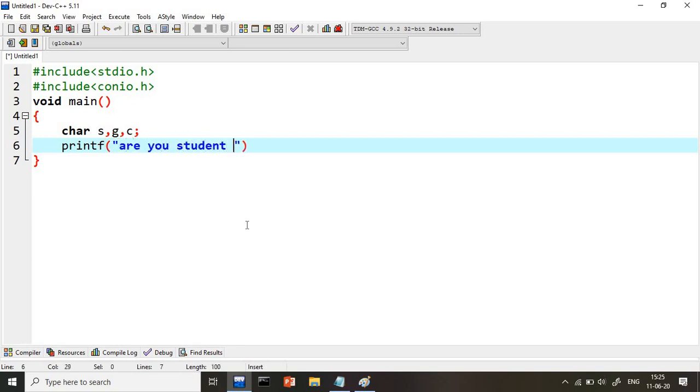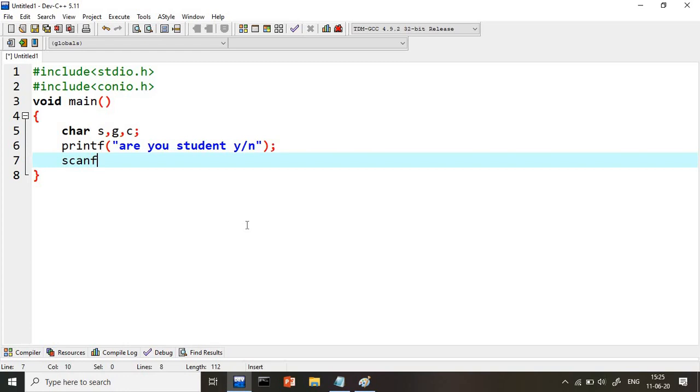The user will answer yes or no, so I will write here Y or N. This is what I am reading from the student, yes or no. How will we store this? We'll store it into the S variable. So I will write scanf %c, comma, address of S. Nothing but S will be stored.